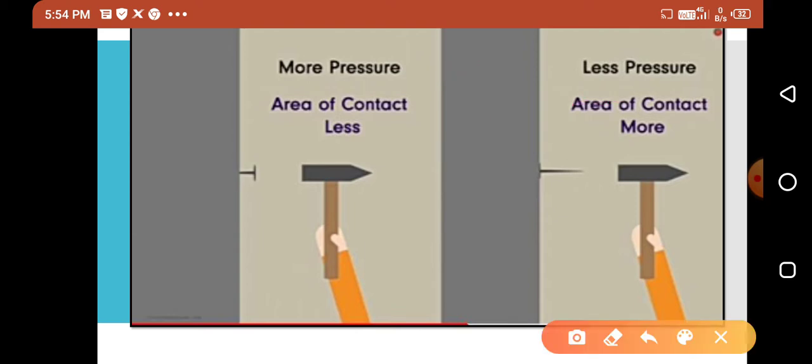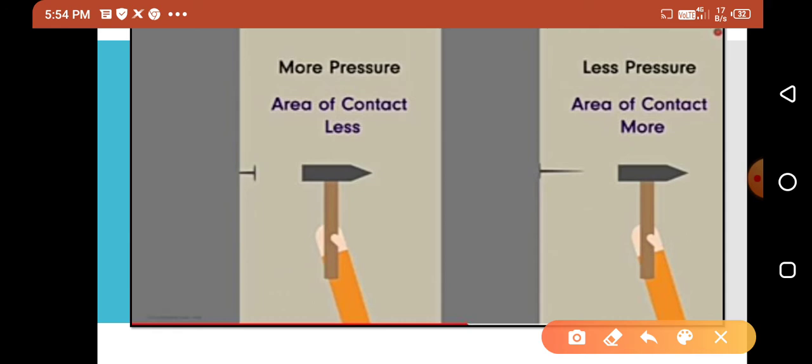For example, if we want to pierce an iron nail into a wooden block, we beat it with a hammer from this side, because the iron nail has a pointed edge, and this pointed edge has very little area. So the area decreases, pressure increases, and it becomes easy to pierce the iron nail into the wooden block.